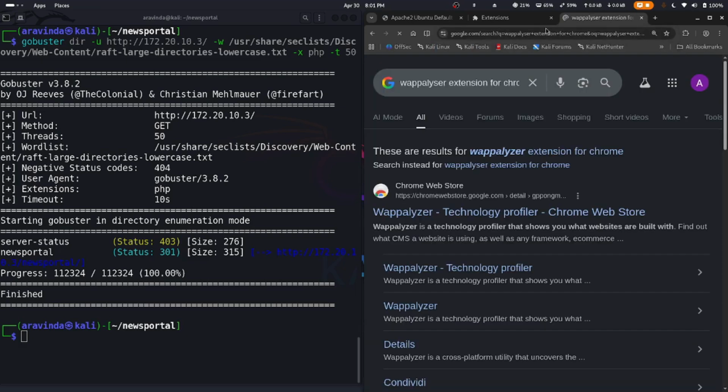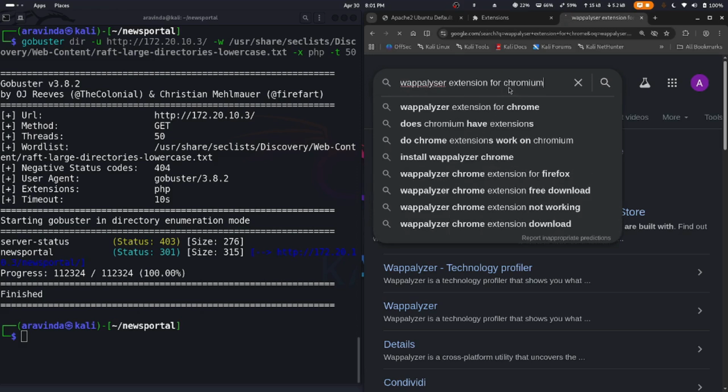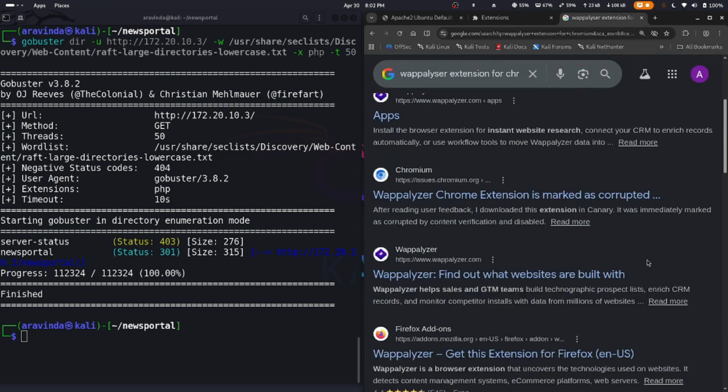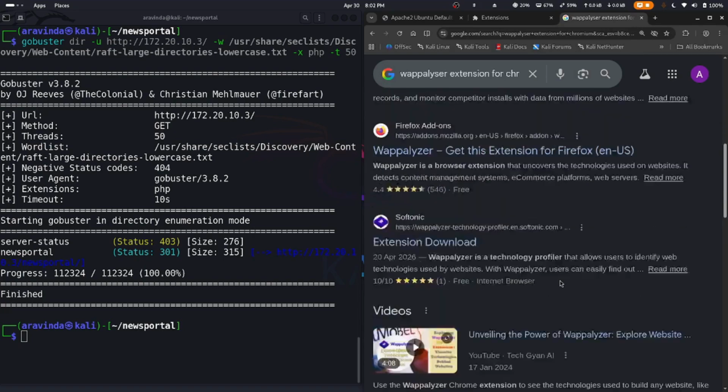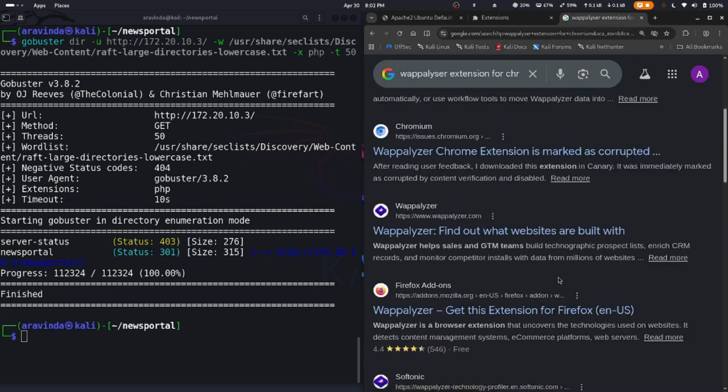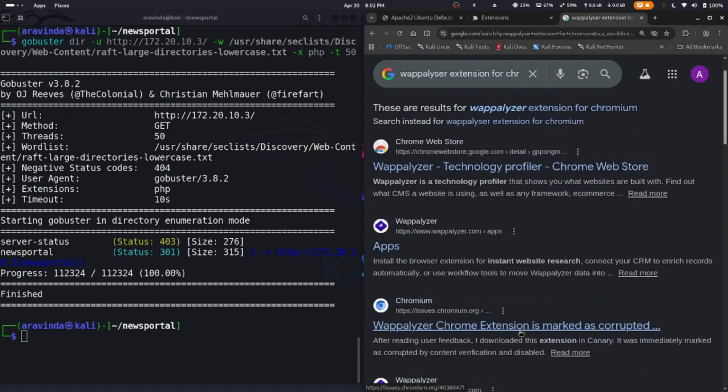So basically, Wappalyzer will tell all the technologies which are used in a particular website. So we have a lot of links, and we need to find which is the Chromium extension. So let's click the first one,